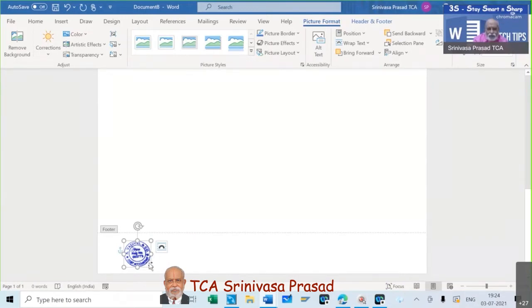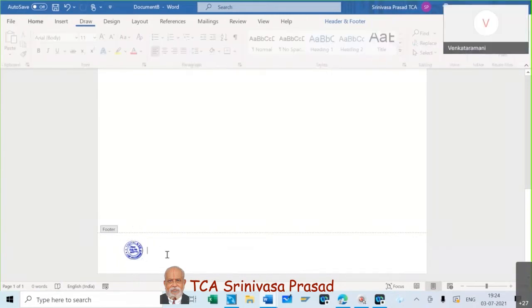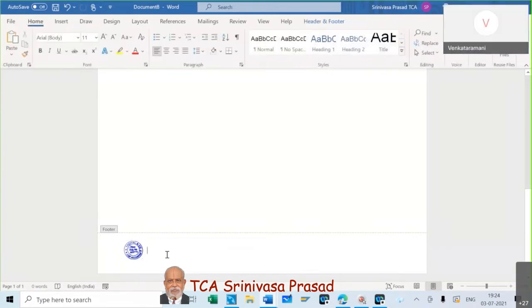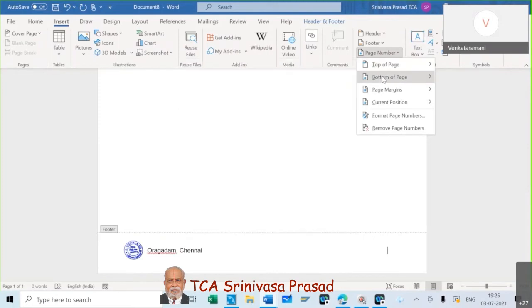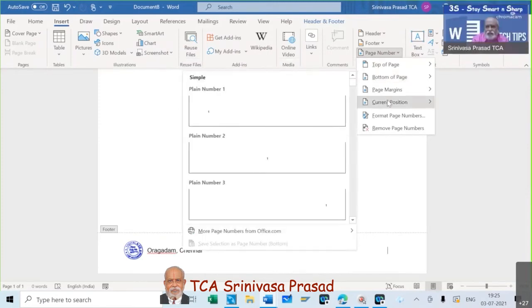Now what we will do, we will close it. Now we will come here. Let us say Varagadam, Chennai. Now we will go here and we will say insert page number, bottom of page, current position.